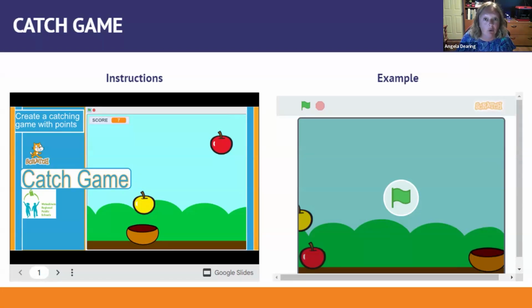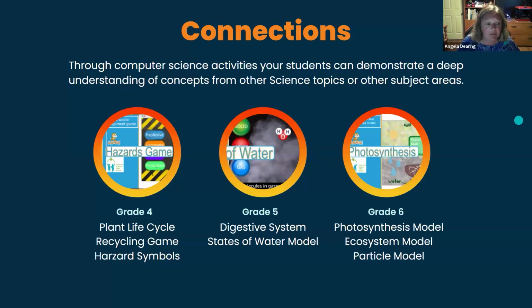I always try to get kids to do things prior to getting those instructions, or have them do some exploratory learning. But the Google Slides are really scaffolded to take the students step by step through completing each project. Catch Game is one that was a Scratch card, but as I said, I have some that are for your grades as well. Right now I have a plant life cycle, a recycling game, and a hazards game there. So as I say,